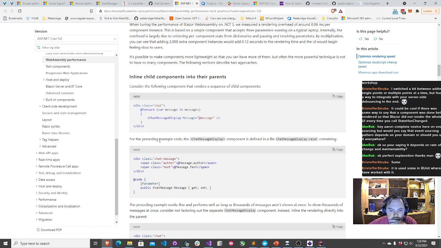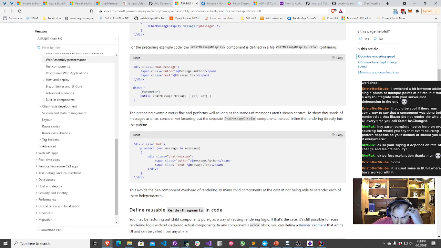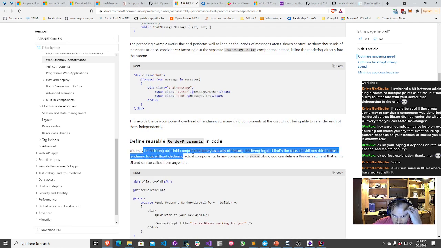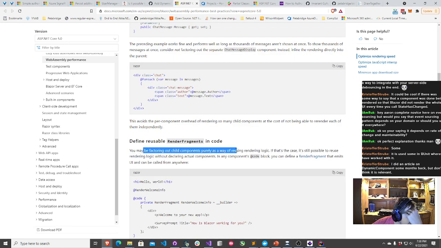In the preceding example code, the chat message display component is defined in here. We're actually looking at kind of doing the opposite of this. Define reusable render fragments in code. You don't think dynamic components are relevant?